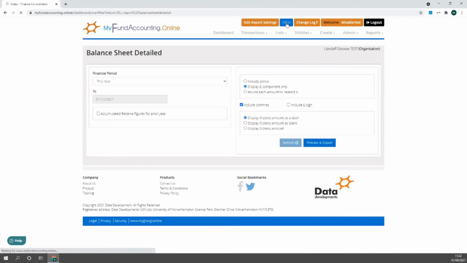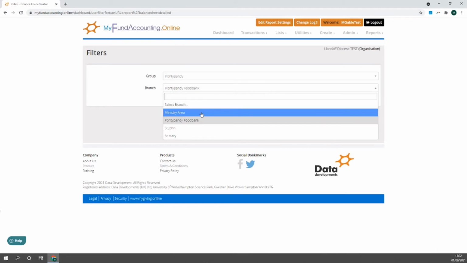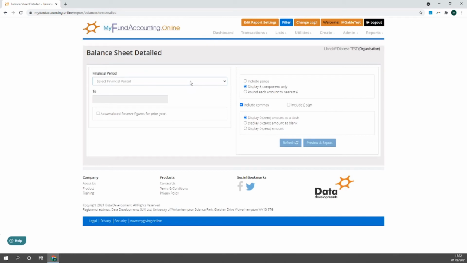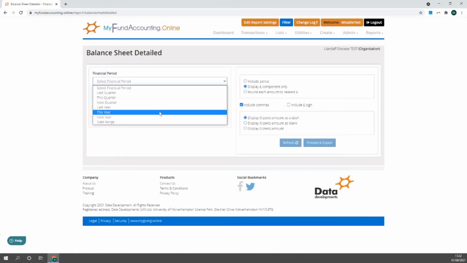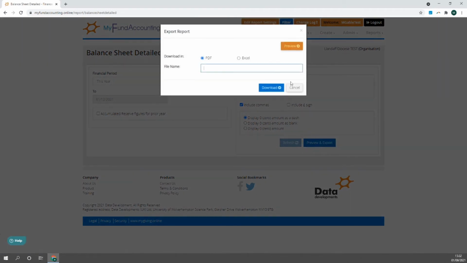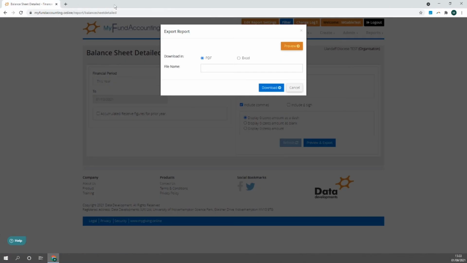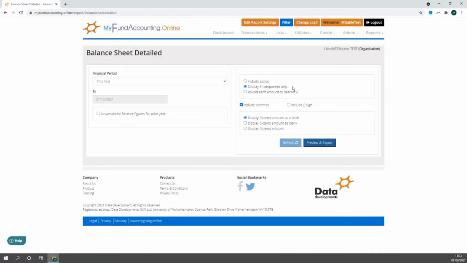If we change back to the central, we will have the same situation. The deposit account is not there. Close that, cancel that. Come back to dashboard